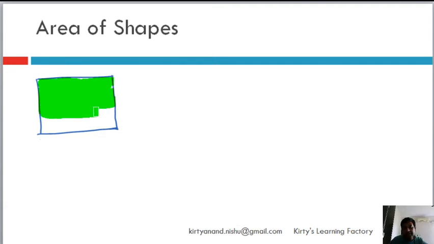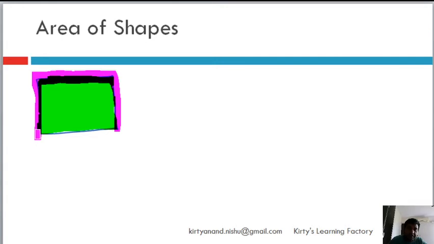this whole thing is known as area, right? Whereas perimeter is basically the length along the boundaries. So this length along the boundaries that I am tracing right now, that's perimeter. So that's the difference between perimeter and area, first of all. Understand that area will have 2 dimensions, whereas perimeter is just a measurement of length.